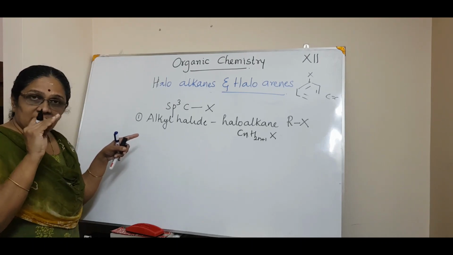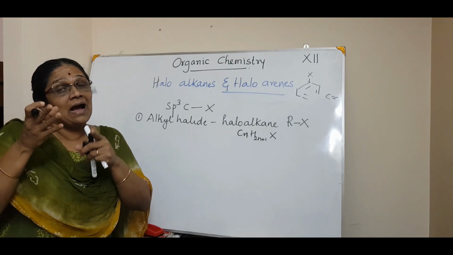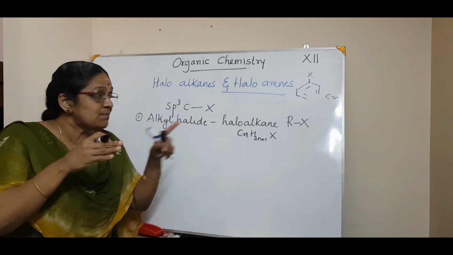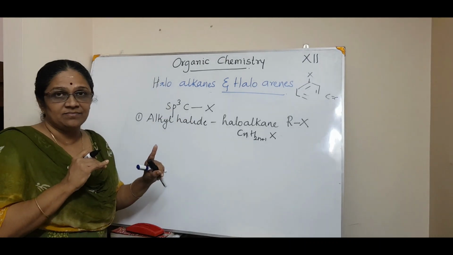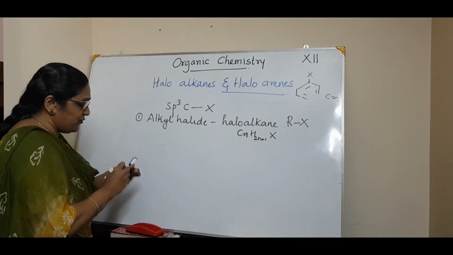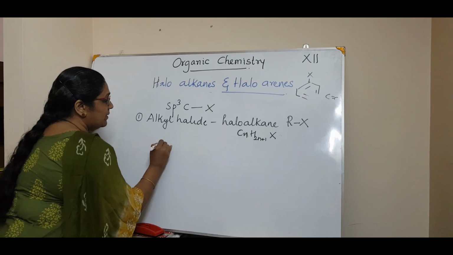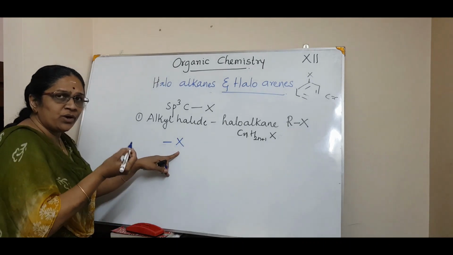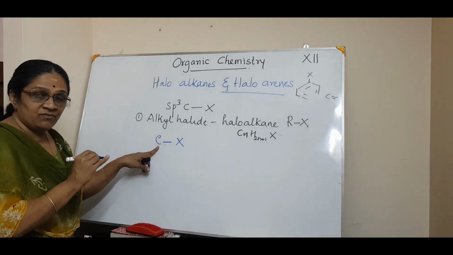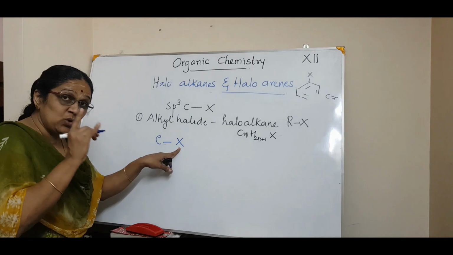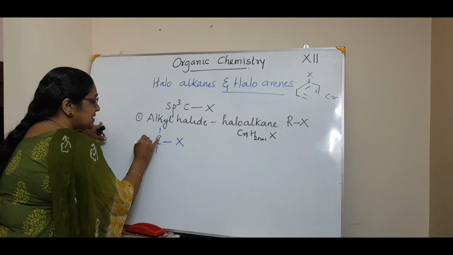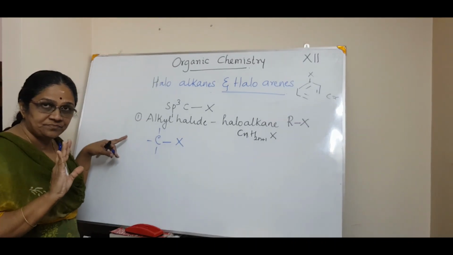That is based on how the halogen atom is attached to the carbon atom, and that carbon atom is in an sp3 hybridized state. There can be 3 ways. For example, the halogen atom, say X, can be fluorine, chlorine, bromine or iodine. Now, there is a carbon atom, isn't it? We are talking about the C-X bond. And you also know that this carbon atom is in an sp3 hybridized state, which means all these are connected by single bonds, right? Okay.